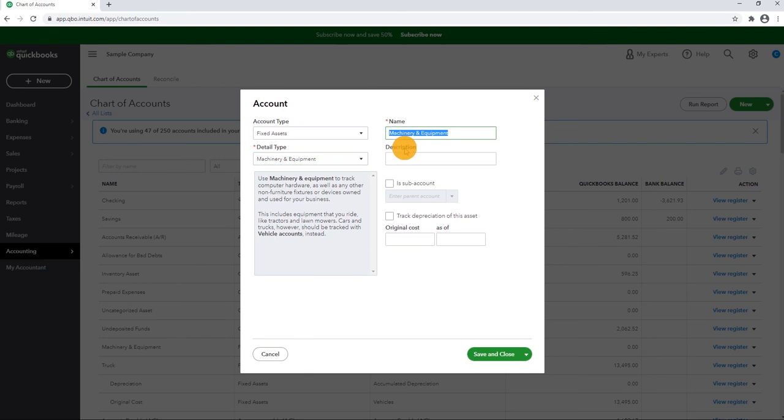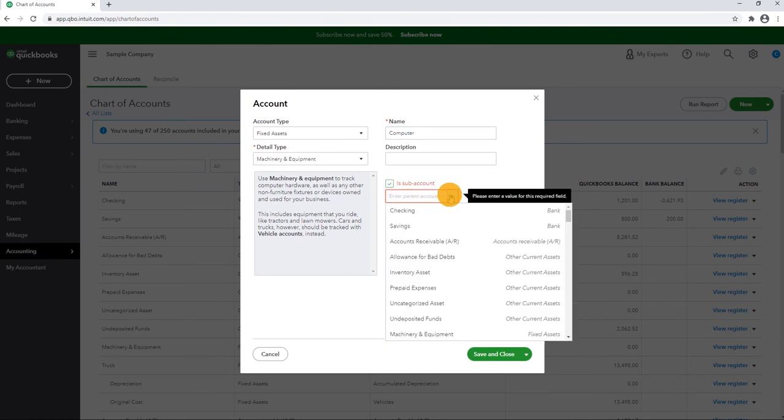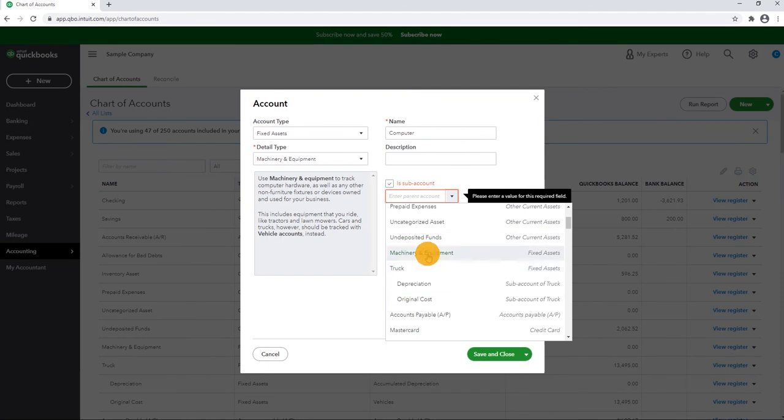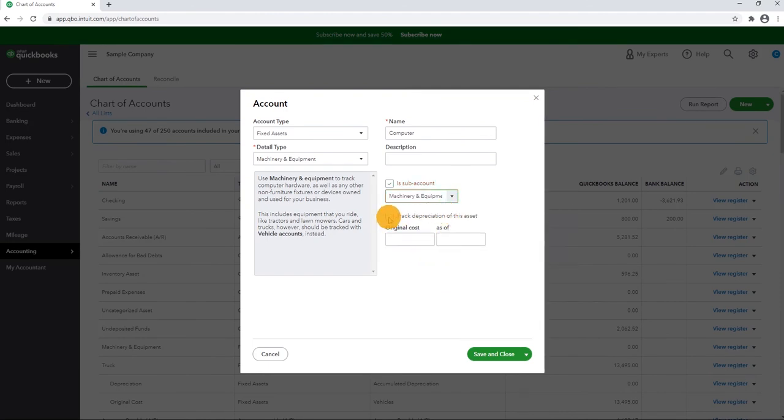Okay, and name this as computer account, and I'm going to make it a sub account of the machinery and equipment, and also I'm going to track depreciation for this computer account. Okay, now if we are setting up a new company and we have to deal with these beginning balance problems,